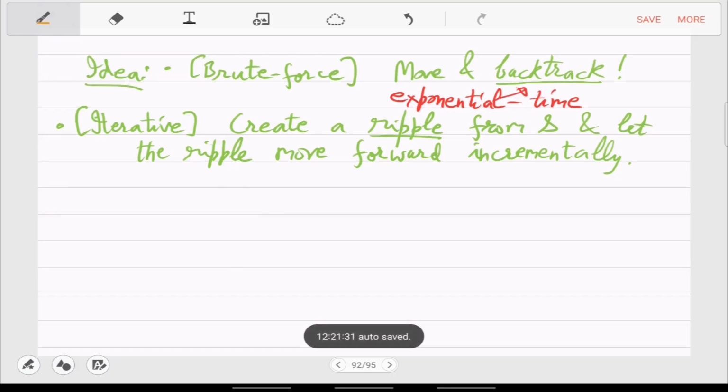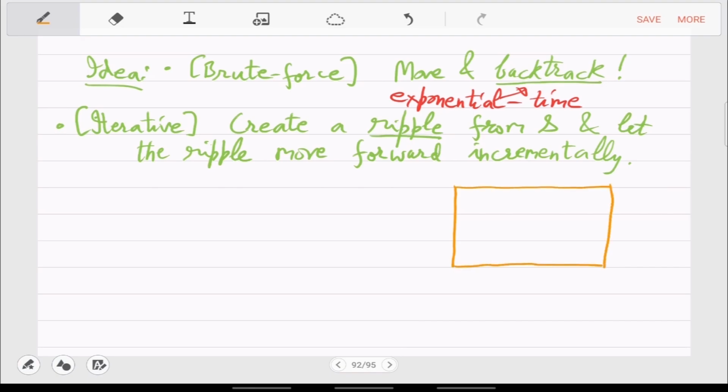So how will it look in this discrete situation? So this is the obstacle, suppose.